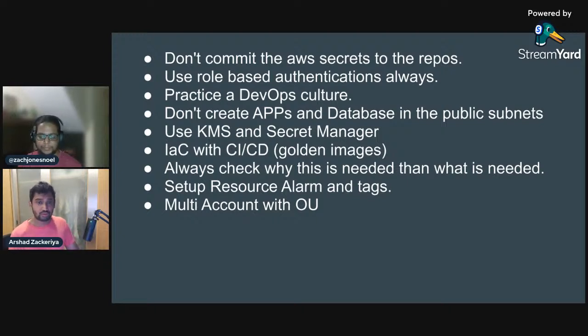And this why and what question, always check why this is needed and what is needed, right? So rather than just going and deploying, people always ask, okay, I want to host a WordPress on AWS. How can I do it? So some go with EC2, installing an RDS instance, and a big infrastructure for a WordPress. Or let's just think, you deploy WordPress inside a huge Kubernetes cluster, and actually ask yourself, is it really needed or not? If not,